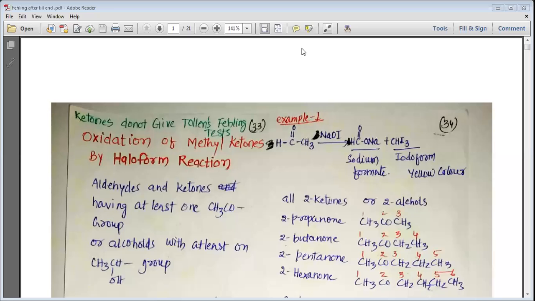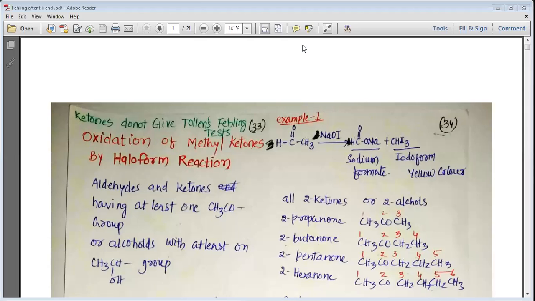Welcome all to today's chemistry class. In the last class, we studied the various oxidation reactions. We have seen that aldehydes and ketones undergo two special tests, which are known as the Tollens test and the Fehling test. But remember that aromatic aldehydes do not give the Fehling test, and ketones never give the Tollens test or Fehling test. So to distinguish between aliphatic and aromatic aldehydes, we can go for the